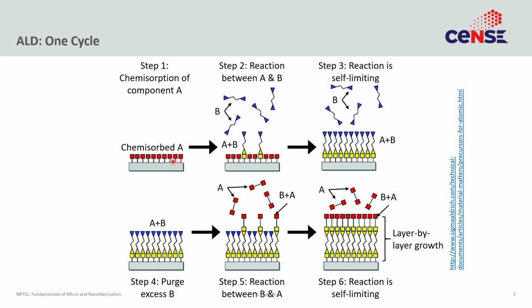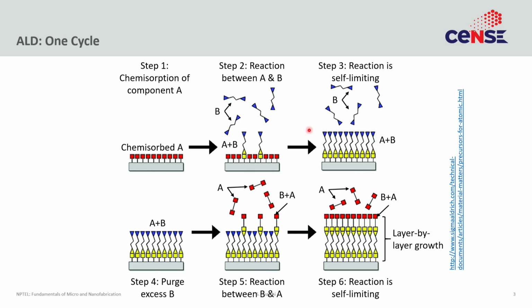Once you are done with chemisorption of component A on the surface, then you flow the second component of your reaction, in this case component B, and that component B is again designed in a manner that one end of the molecule can react with the component A. So it forms this bond, which is represented by these yellow figures. And if you keep flowing B for some time, this reaction will go to completion and you will get a monolayer of component B that is covering the surface.